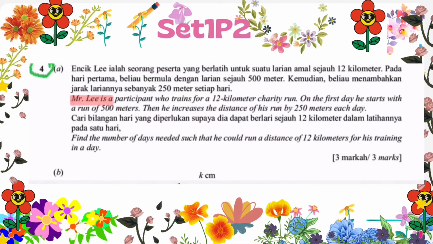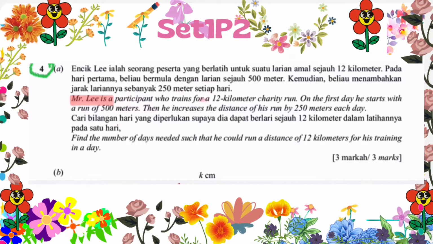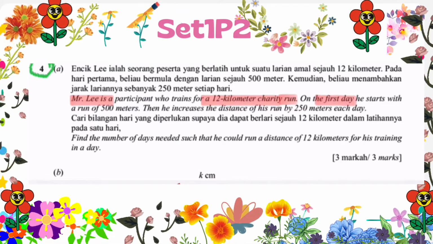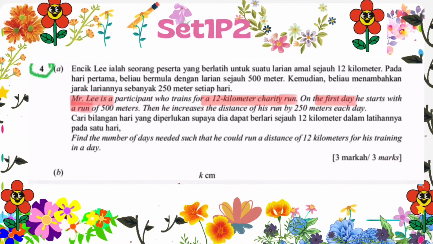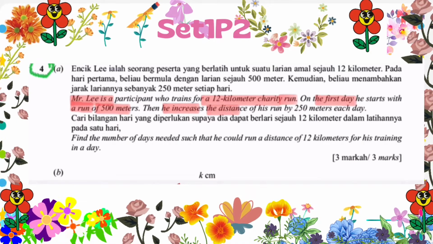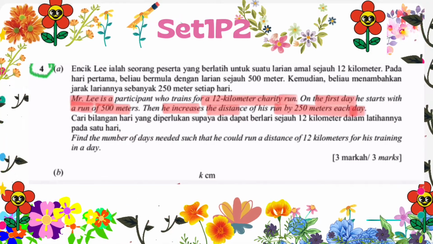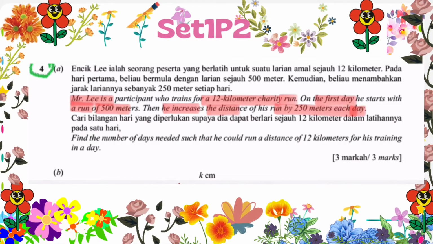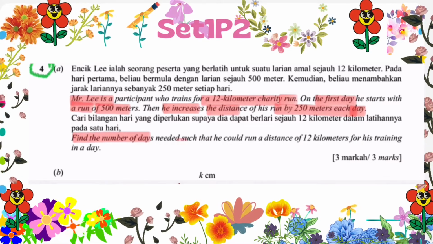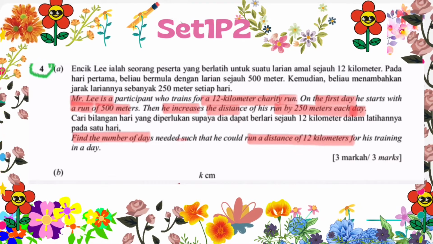Mr. Lee is a participant who trains for a 12-kilometer charity run. On the first day, he starts with a run of 500 meters. Then he increases the distance of his run by 250 meters each day. Find the number of days needed such that he could run a distance of 12 kilometers for his training in